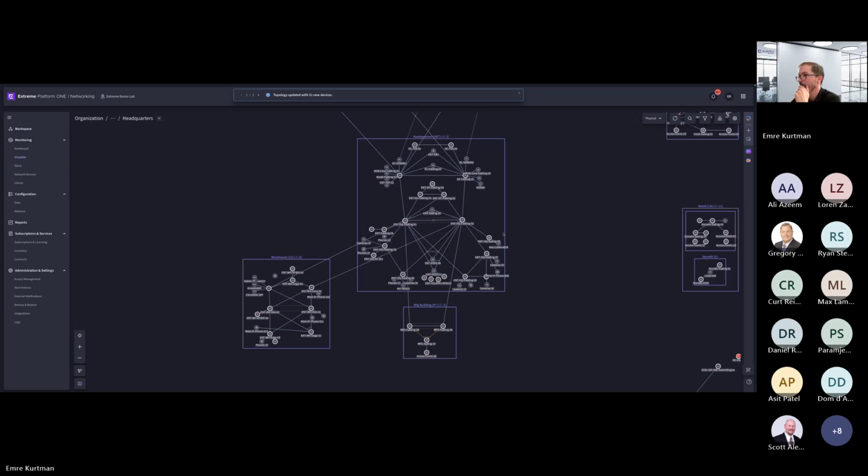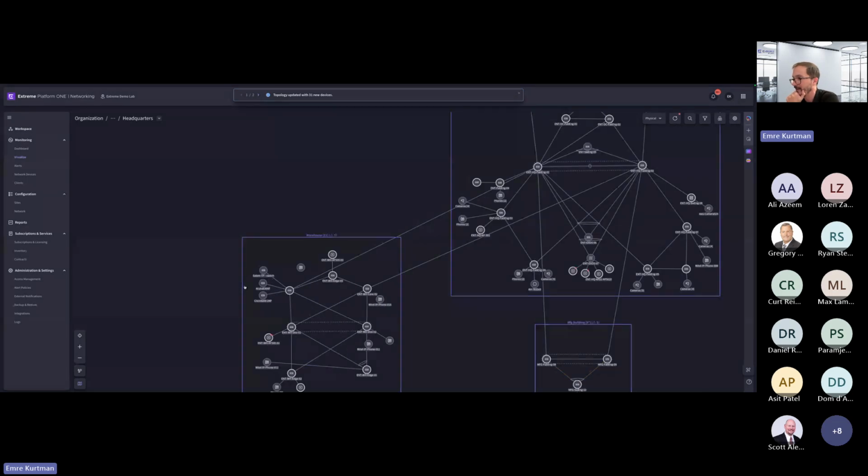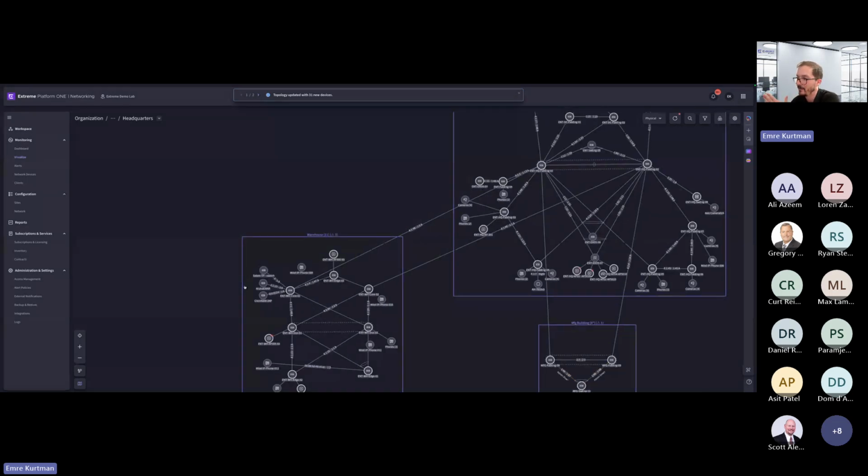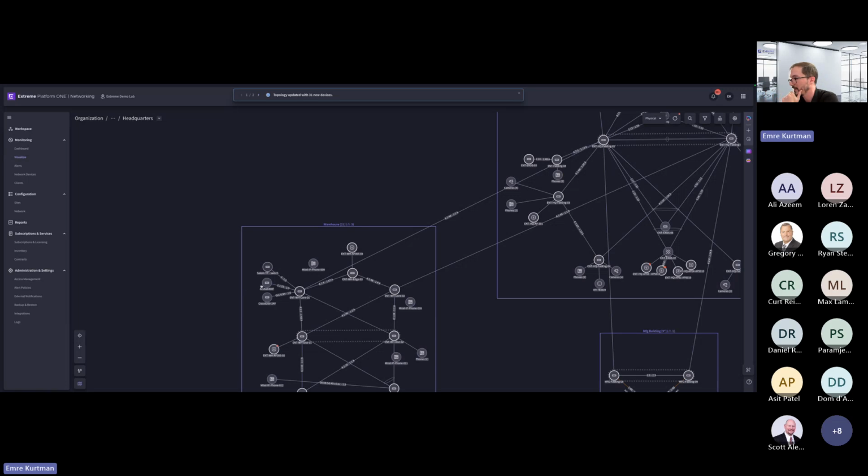Yeah, good questions. Thank you. And the first one, so we can visualize third-party switches via LLDP today. Okay, so as you can see here, I have an Aruba 6300 and a Cisco 9200. Obviously, we get this information through LLDP. Okay, so we can visualize anything that has LLDP, including IP phones, cameras, third-party switches.